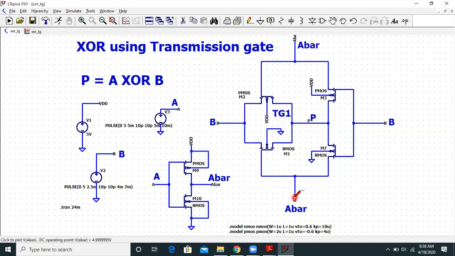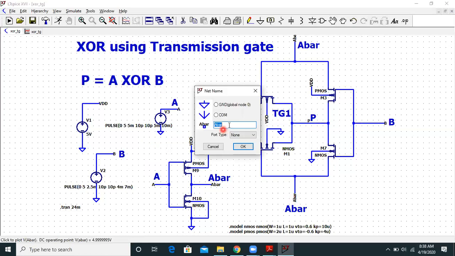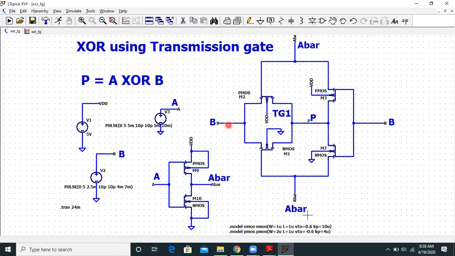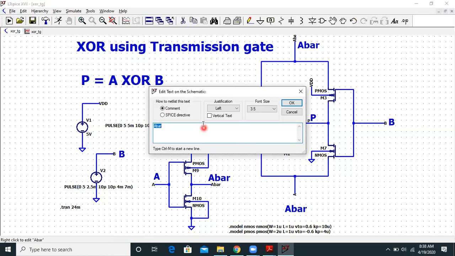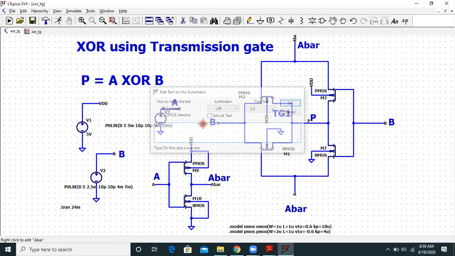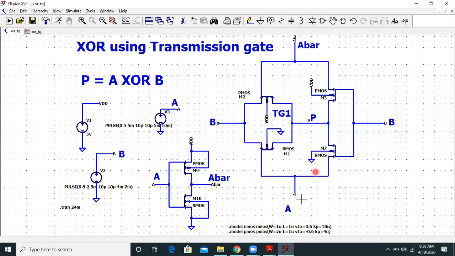And in place of A bar, I'll write A. So this becomes A. Let me just change this also to A. So what we have done is, we have interchanged the positions of A and A bar. So what we are trying to implement is, if we interchange the positions of A and A bar, the circuit will behave as a XNOR gate.